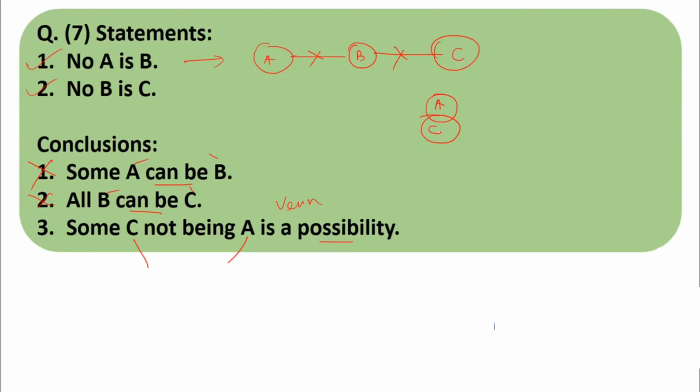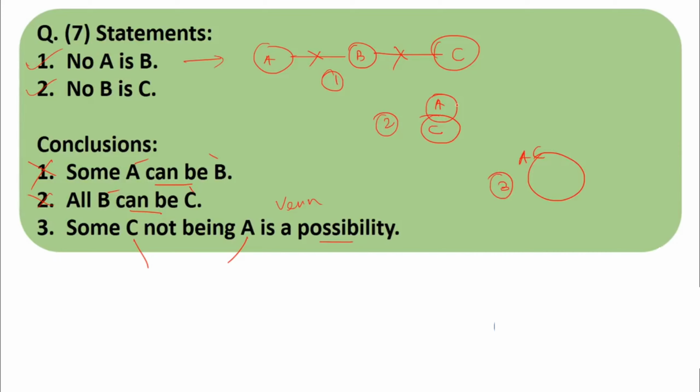Okay, this is A, this is C, or you can have A and C completely connected to each other. Completely means overlapping. So these are only 3 possible ways. There is no other way. So this will become the first scenario, this the second scenario, this the third scenario.